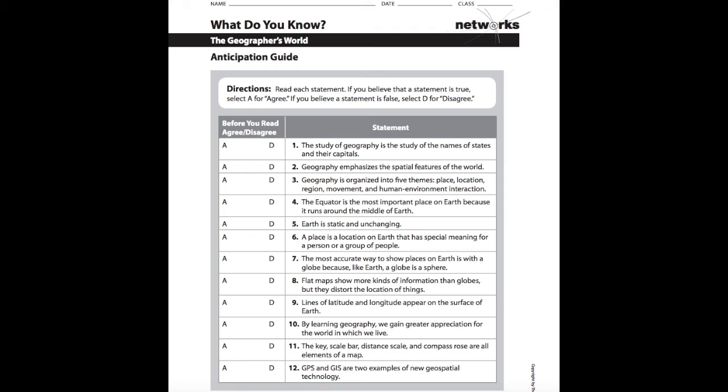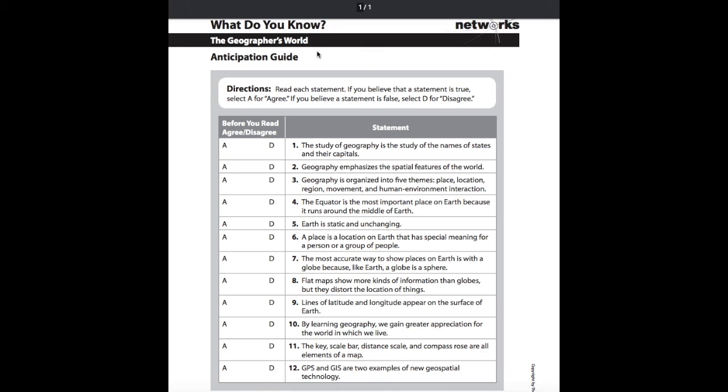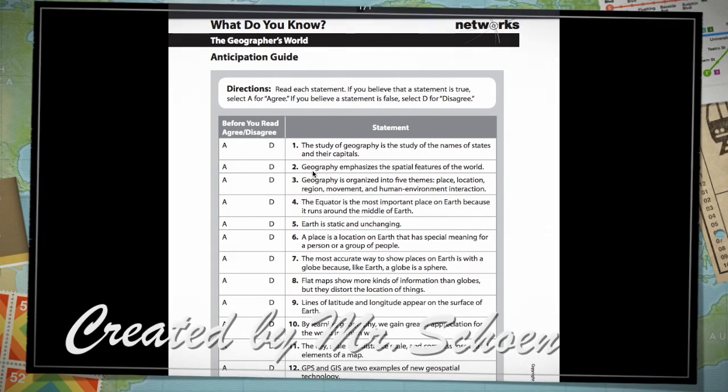Your assignment for today's geography class is to complete this What Do You Know worksheet. This is going to begin our study in Chapter 1, the Geographer's World. I want you to read through the directions, read each statement, and if you believe the statement is true, select A for agree. If you believe the statement is false, select D for disagree. Mr. Shane is simply trying to gauge your understanding of geography and these geographic terms that we just covered, and how we can better understand those as we go throughout this lesson and all of our lessons in the future. Again, fill this out. You're going to circle one or the other. Make sure that your name